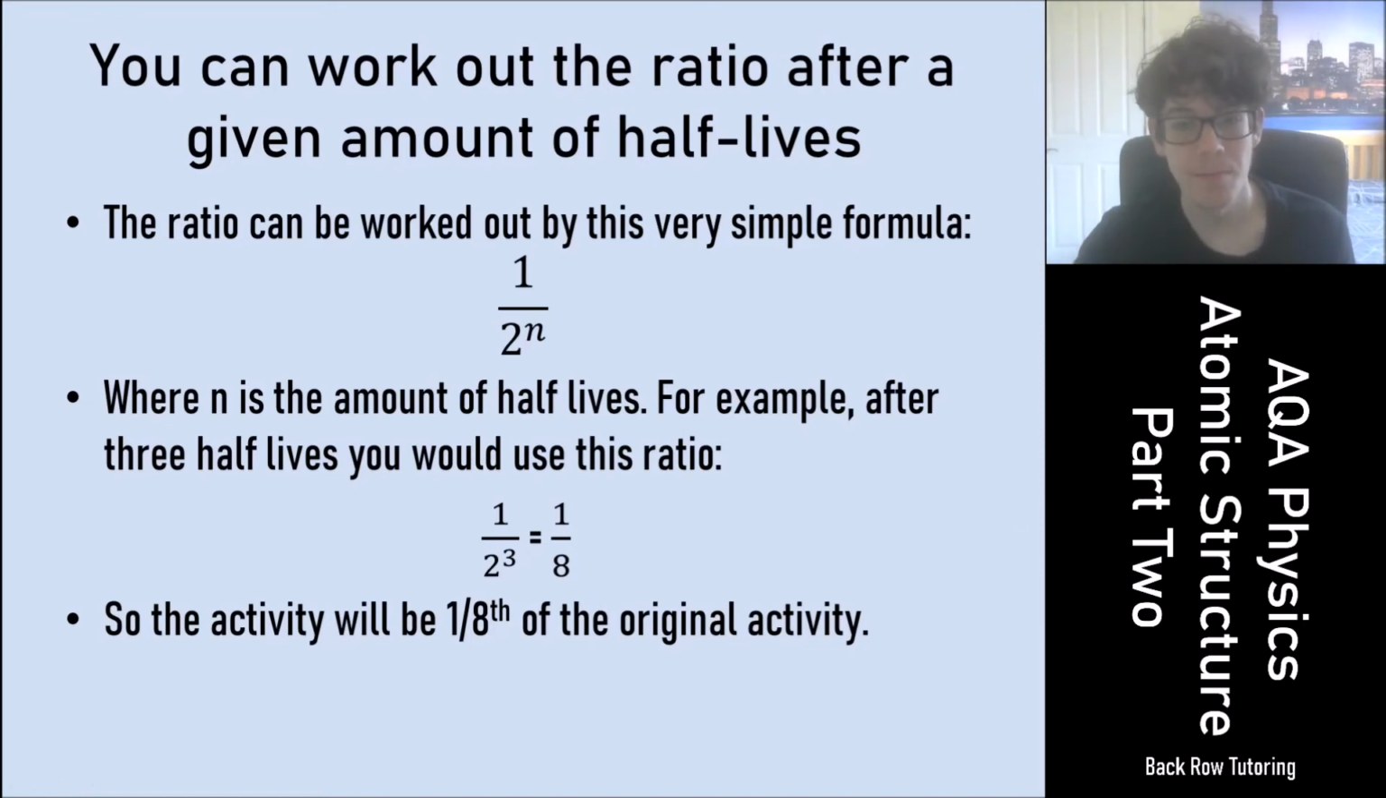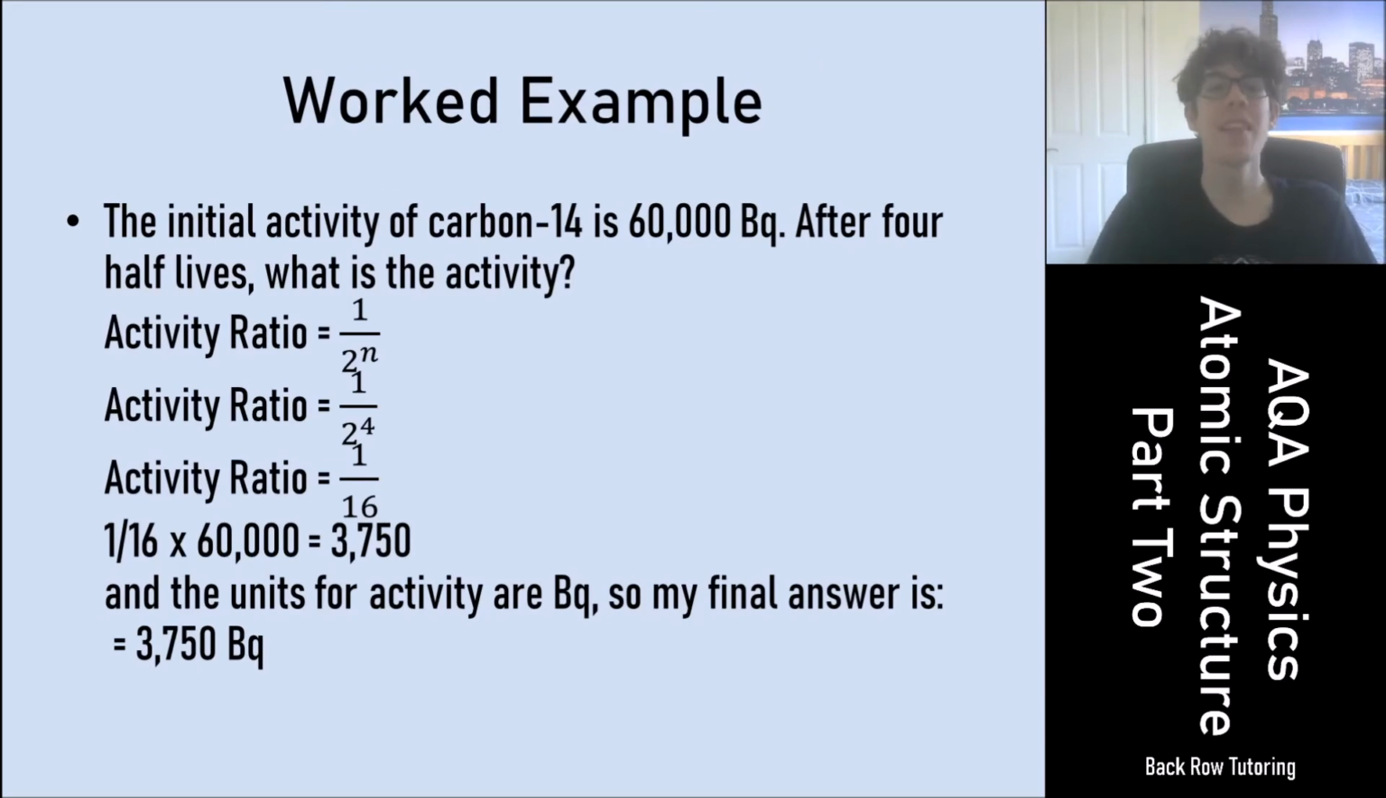original activity. So here's a worked example. The initial activity of carbon-14 is 60,000 becquerel. After 4 half-lives, what is the activity? So the activity ratio we know is 1 over 2 to the power of n. 1 over 2 to the power of 4 because it's after 4 half-lives. So the activity ratio is 1 over 2 to the power of 4, which is 1 over 16. So to find the activity, we just multiply that ratio by the original amount and we get 3,750. And the units for activity are in becquerel, so my final answer is